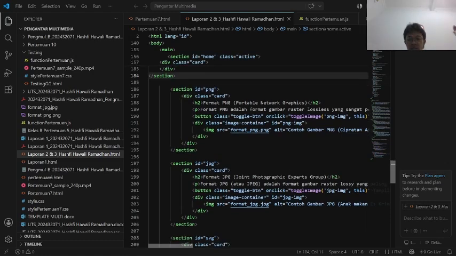For the PNG, the image source points to the water splash image, and for the JPG page, it points to the photo of a child eating ice cream.